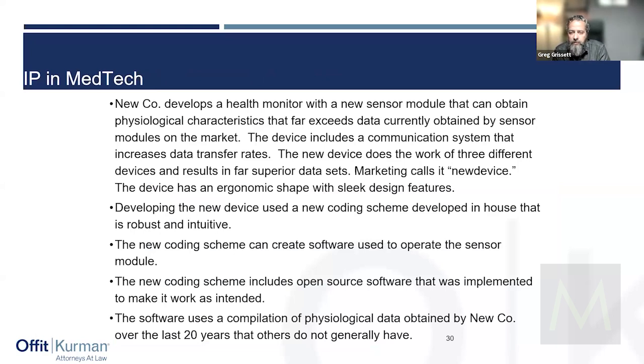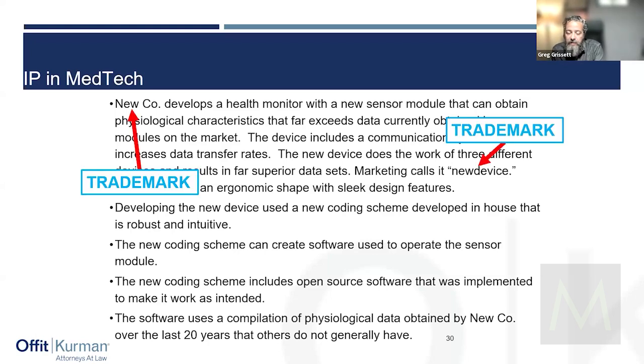New company develops a health monitor. It's got a sensor. It has improved data rates. It has this nice communication system. It does the work of 3 different things. Marketing calls it New Device. You use new coding software to develop it, and it's used to operate the sensor module. And plus you use open source software. And on top of that, we use this compilation of data that's been accumulated over the last 20 years. So if you advance New and New Device, these are examples of your trademarks. These are potential trademarks. If we keep going,